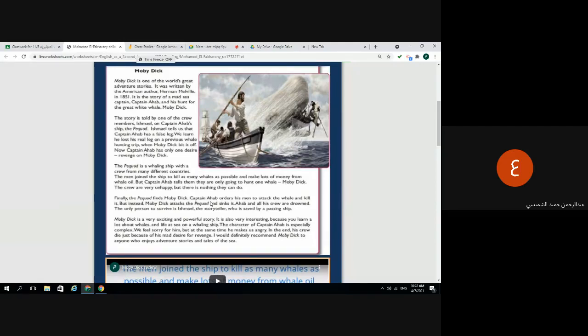Ship and the sea. Okay. What else? Captain Ahab. Captain Ahab. Yes, teacher. Okay, thanks. Abdurrahman al-Maskari. Yes, teacher. What is this story about?